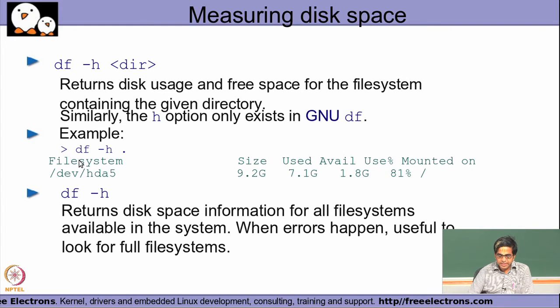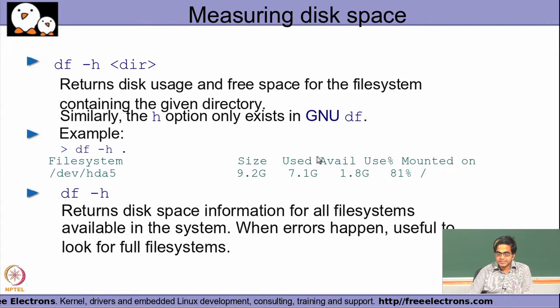In the df output given below, the file system being marked here is the partition name /dev/hda5. That essentially means this is the 5th partition of my disk hda that has been detected in my system. And /dev, as we had seen in our previous module, is the interface that my Unix system exposes to have all the devices exposed to the user space. So, for my file system on /dev/hda5, the total size is 9.2 G, where G stands for gigabytes. So the total size is 9.2 GB, out of which